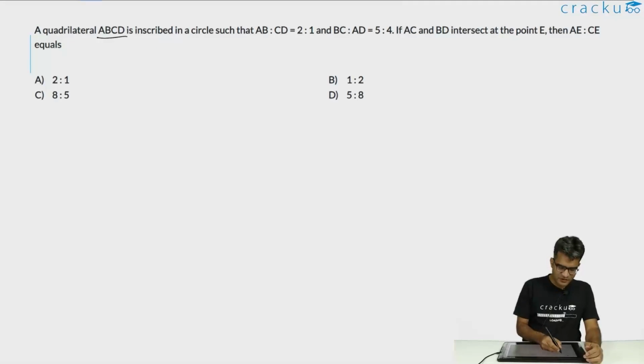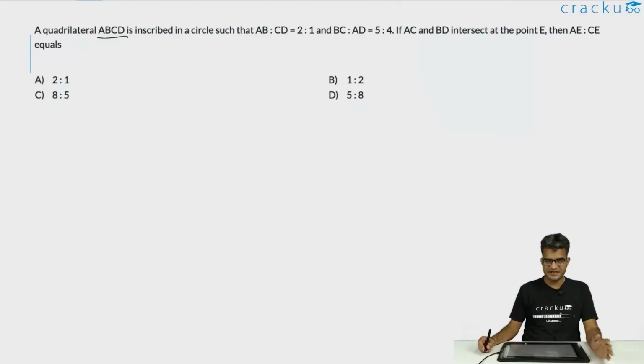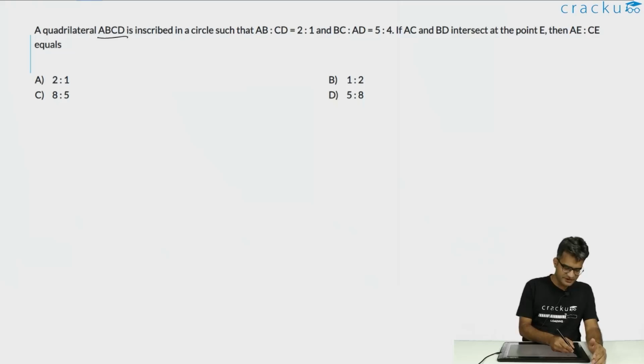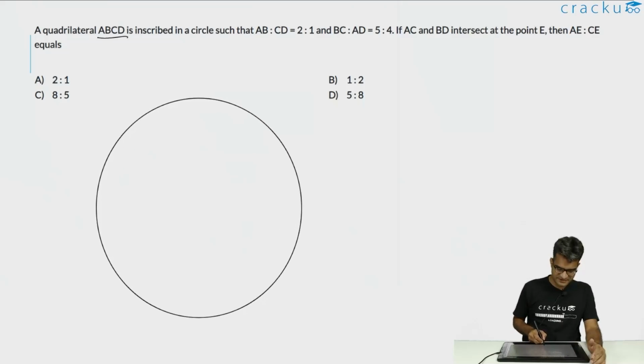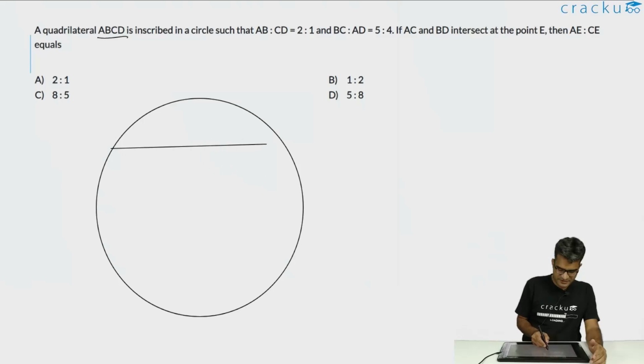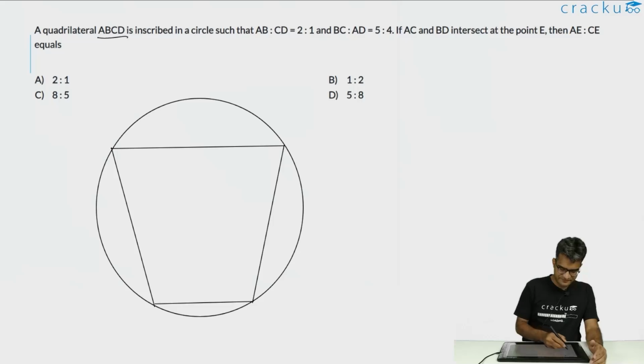In this question, we are told that there is a quadrilateral ABCD which is inscribed in a circle. So it is a circular quadrilateral. It will look something like this. This is a circle. Let us assume that this is the quadrilateral. This is AB, and this is CD. This is BC, and this is A, B, C, and D,